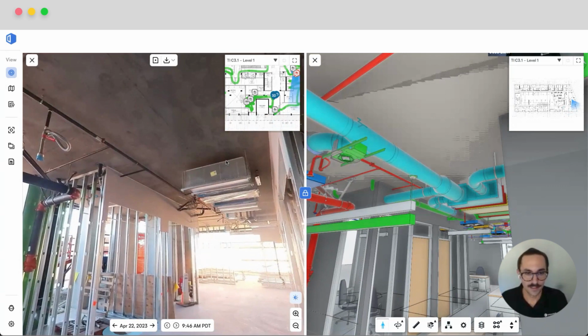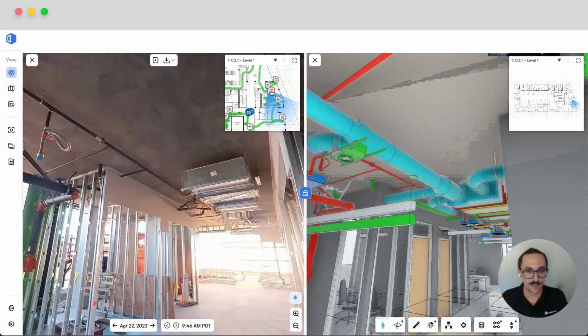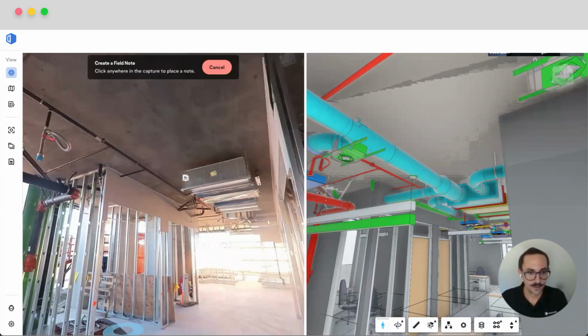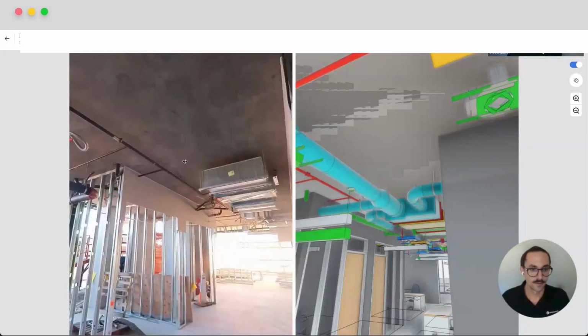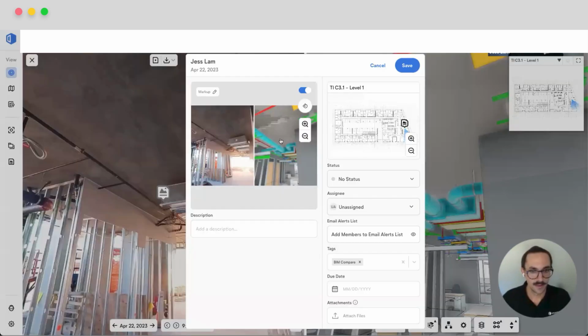And let's say that you spot something that looks off or that you have a question about. Well, with BIM Plus, when you create a field note and you have the model open, it does more than just save that image from the 2D or from the 360 image. It also includes a view of the model,